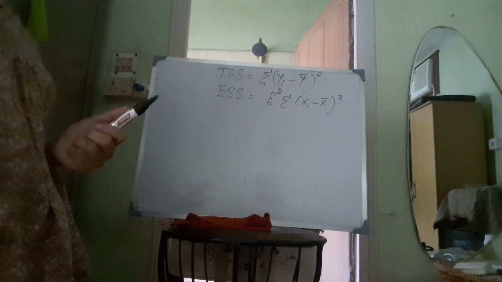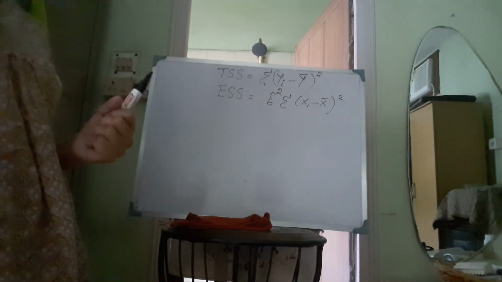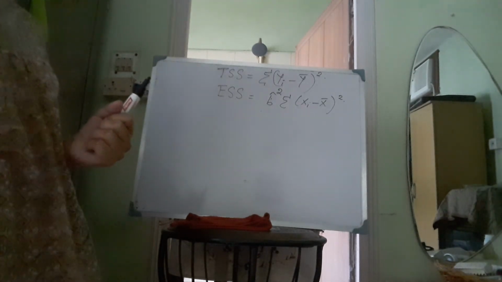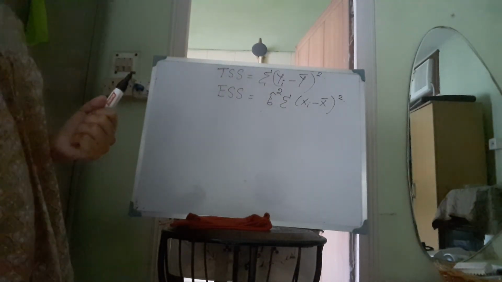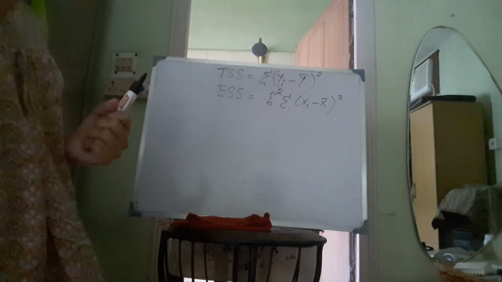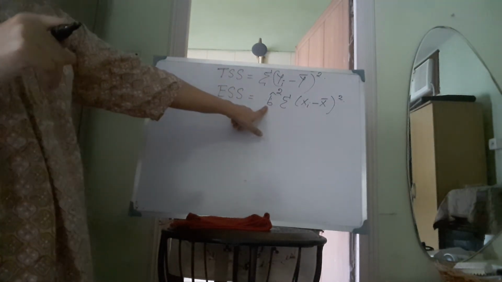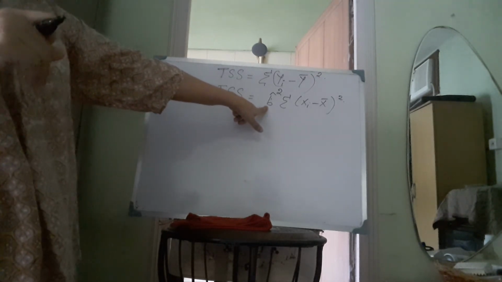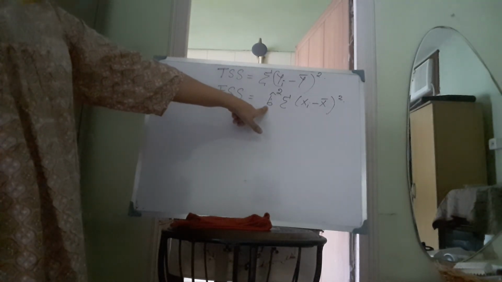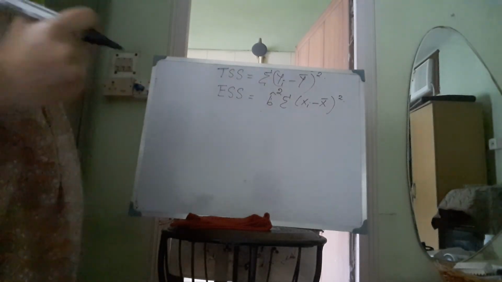So basically what we are doing with the help of the regression analysis, we are estimating the economic theory, we are trying to predict the economic theory. So we are estimating the dependent variable with the help of the independent variable or the explanatory variable. After making the prediction with the help of the regression analysis, we get this estimated sum of square, where this B hat is the estimated value of the parameter B. So B is the population parameter, and this B hat is the regression parameter that we get after doing the analysis with the help of the sample data.